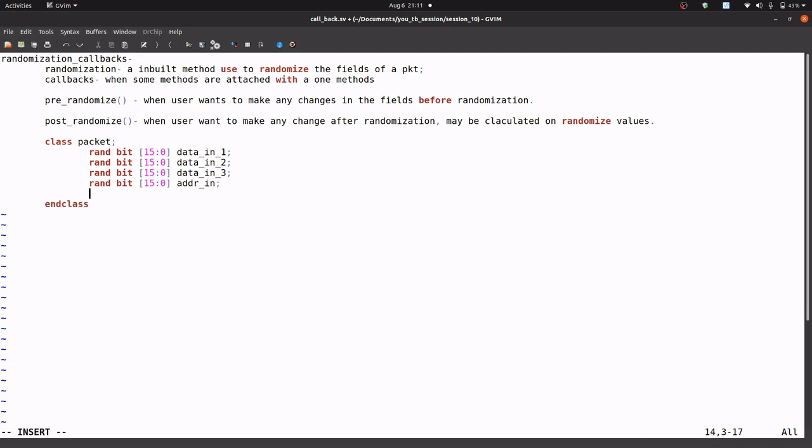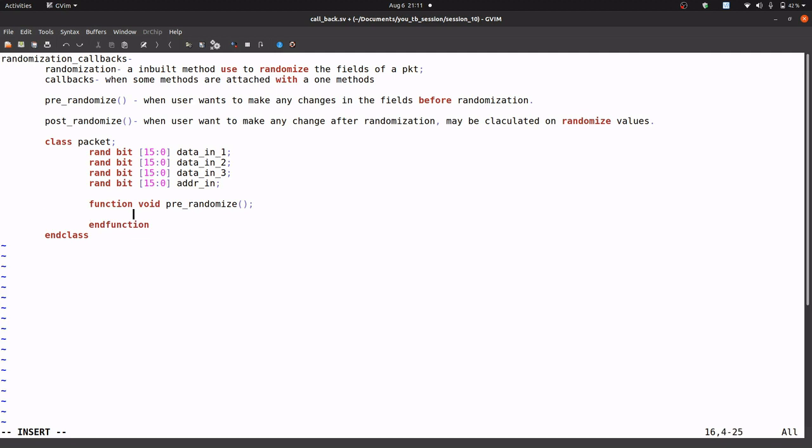After that, let's write a function: function void pre_randomize and endfunction.